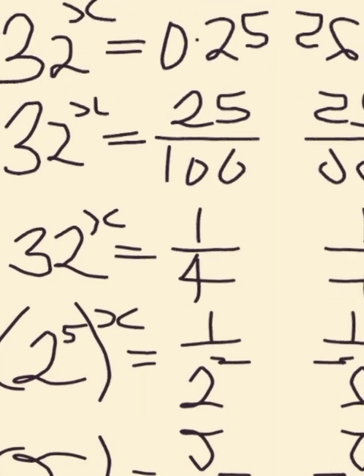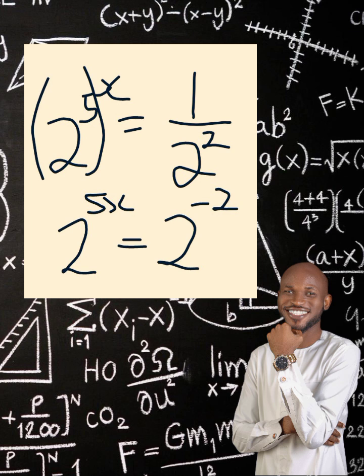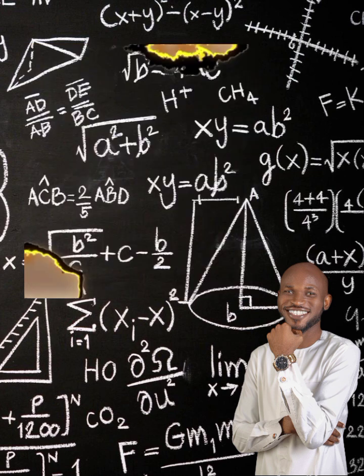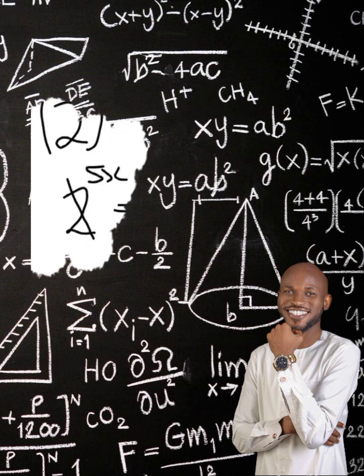Now, if you do that, your 1 over 2 raised to the power of 2 is the same thing in indices as 2 raised to the power of minus 2. Don't forget, you've been taught already that a raised to the power of minus 2 is the same thing as 1 over a raised to the power of 2. A raised to the power of minus 3 is the same thing as 1 over a raised to the power of 3. So here we're having 1 over 2 raised to the power of what? Minus 2, replacing 1 over 2 raised to the power of 2. So now